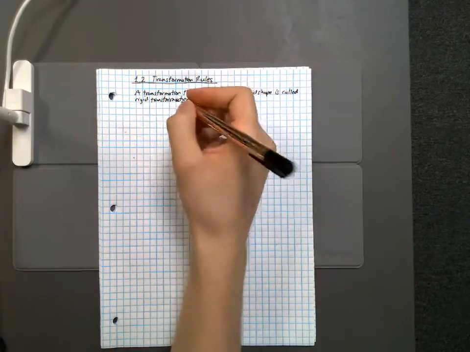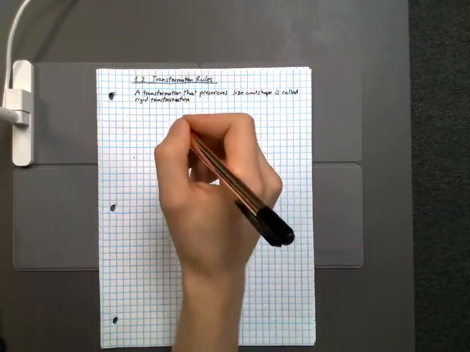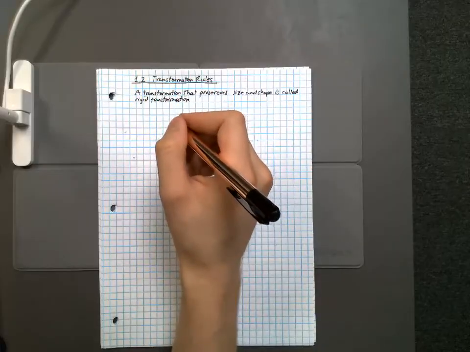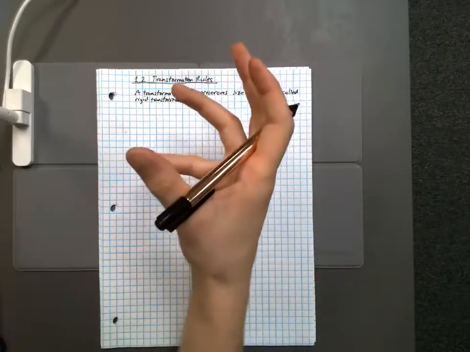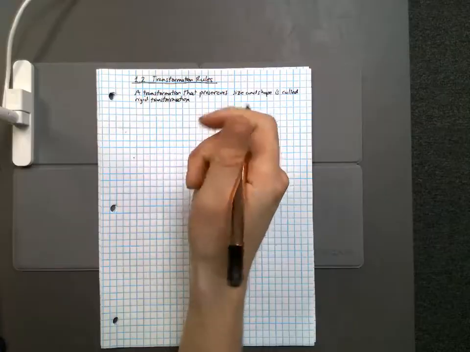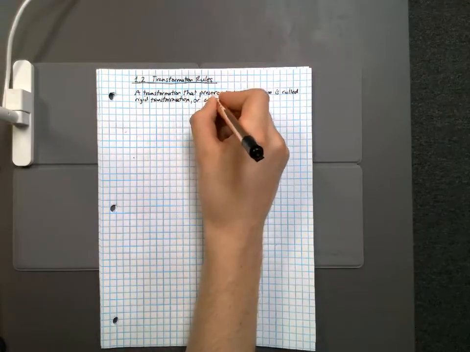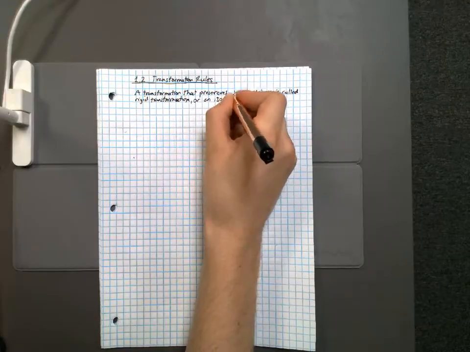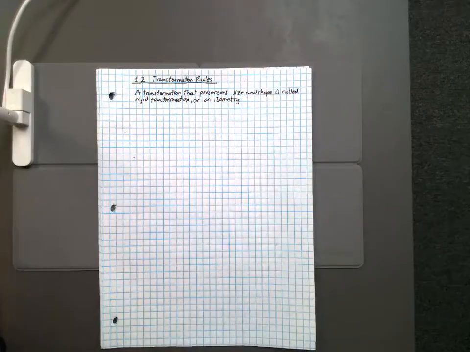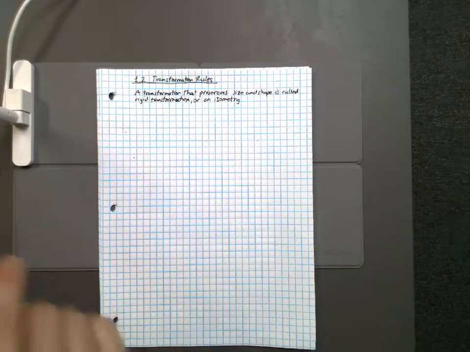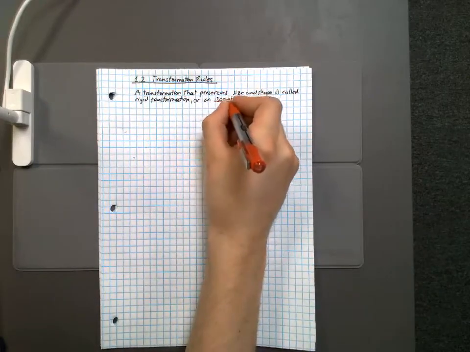Okay, we use the word, I think, rigid motion, if you recall unit 1.1. But the idea here is the same in regards to it being a solid movement, okay? Or an isometry. Okay, if you guys remember that word from also 1.1 when we were talking about the definition of translation,